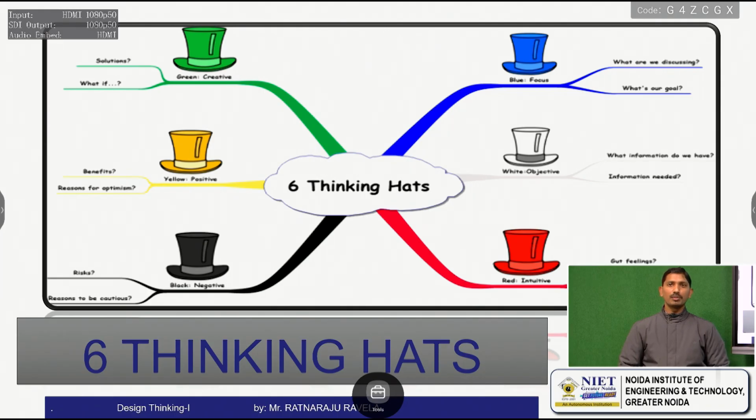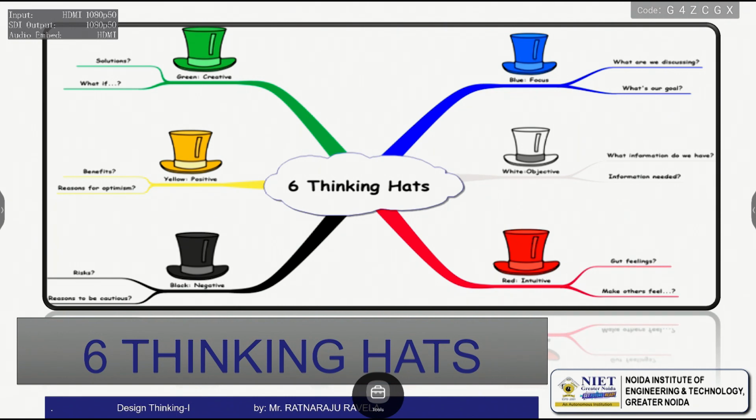After making a problem statement, we have to solve the problem. For solving the problem, we generate ideas. For generating the ideas, one of the techniques that we use is the six thinking hats. There are different kinds of idea generation techniques such as brainstorming, brain dumping, brain walking, brain writing, etc. Out of these, the six thinking hats is one of the effective methods to give a holistic picture of that